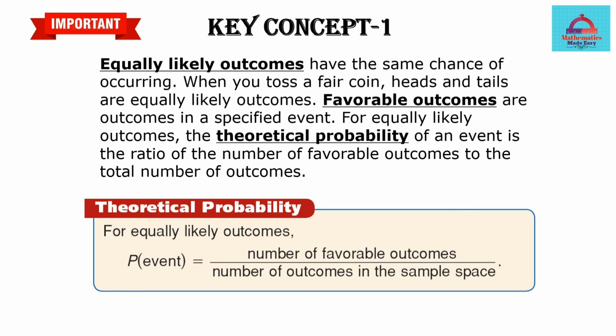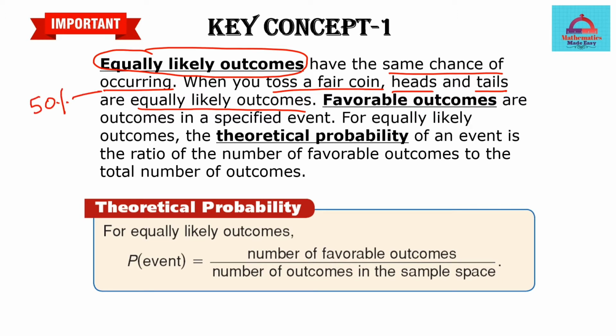Recall from the previous video on the difference between theoretical and experimental probability, the formula to calculate the theoretical probability. When it comes to theoretical probability, we assume the outcomes are equally likely, that is, they have equal chances of occurring. You may take an example of tossing a fair coin. It has equal probability whether the heads will come or the tails will come if the coin is fair. So they are equally likely events with the same probability of happening, which is 50%. That was your theoretical probability, and it deals with an ideal situation or a theoretical situation.